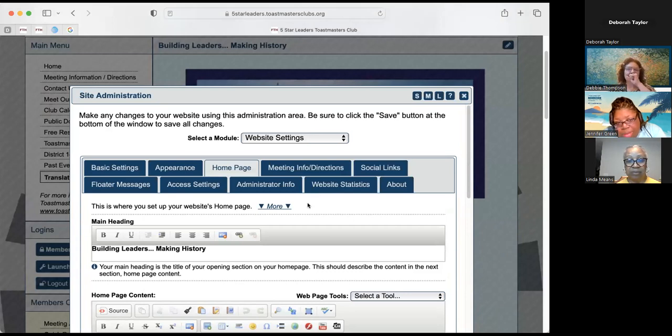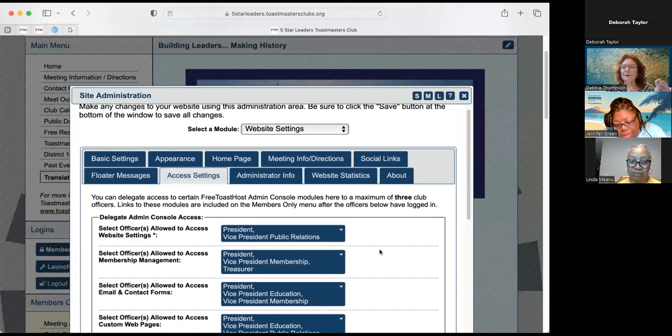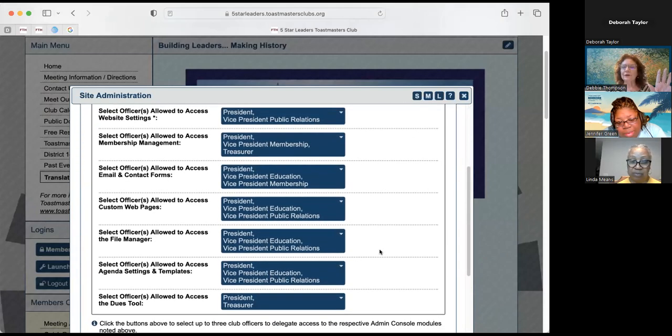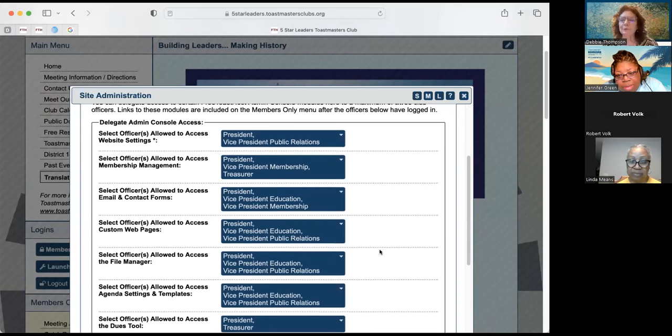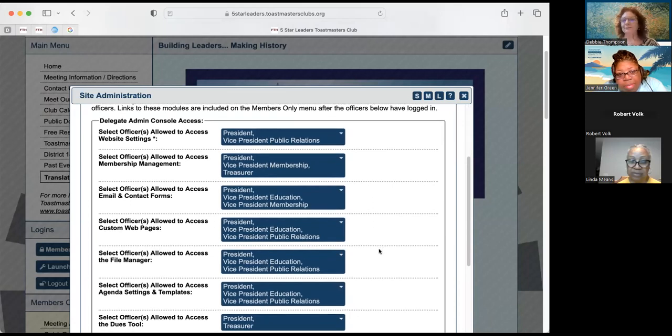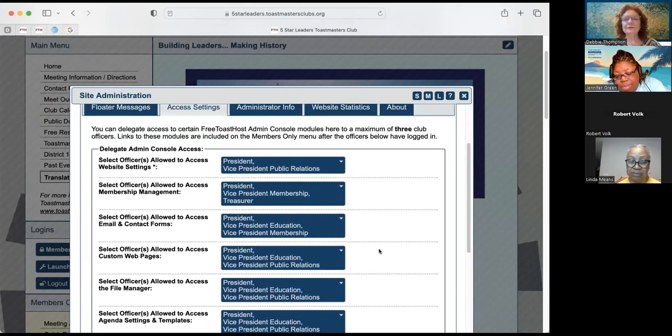That means that your club would have to set up access settings for you to be able to have other things, other projects or processes that you can do. So typically, and this is something your officers may want to discuss every so many years, just go back in and say, does it still make sense?